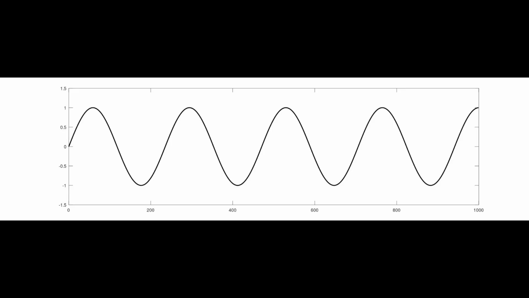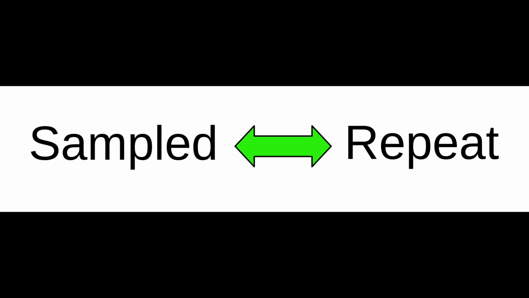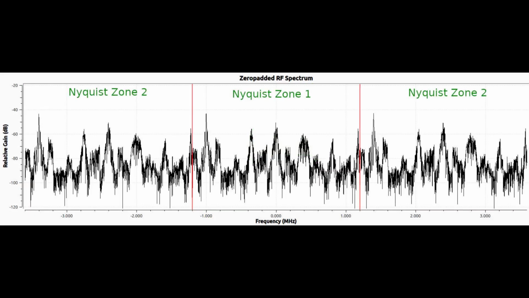But you have to understand that from the perspective of the FFT, that doesn't really look so much like this as it does like this, because the FFT is sampled in both time and frequency. When you sample in one domain, you create a repeating pattern in the other domain. If you remember from my video on polyphase filters, I talked about Nyquist zones. Because you are sampled in the time domain, you create a repeating spectral pattern in the frequency domain. Hence, you have the various Nyquist zones, Nyquist zone 1, 2, 3, and 4, and so on.